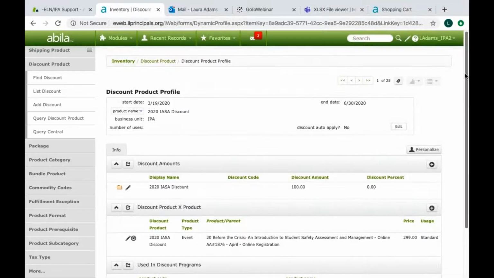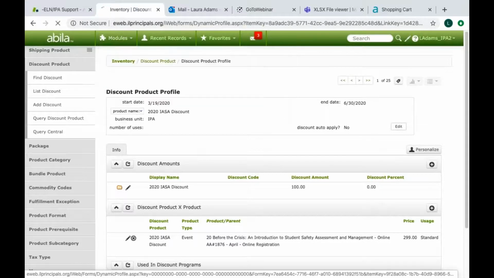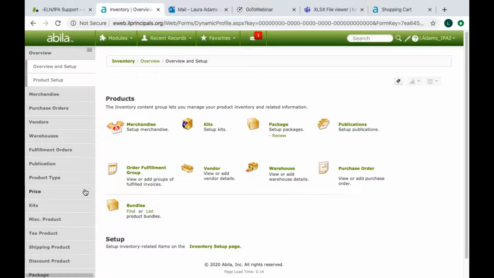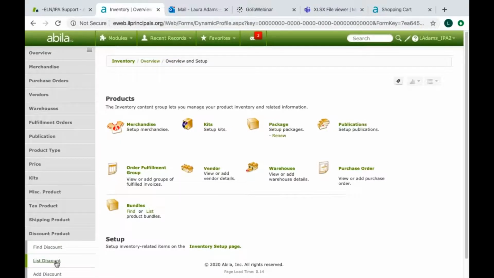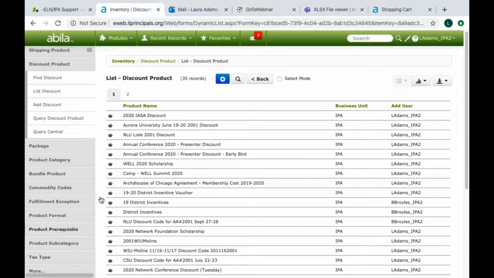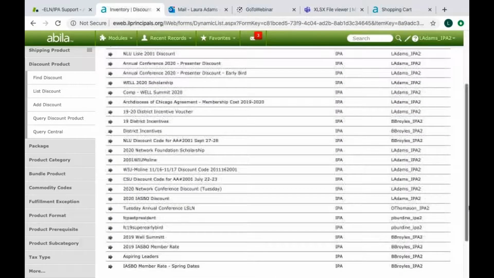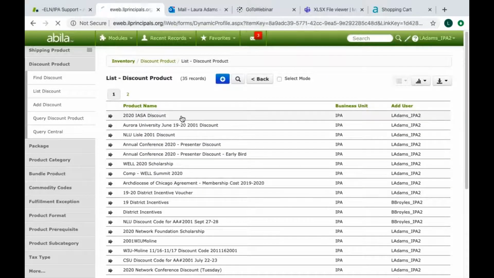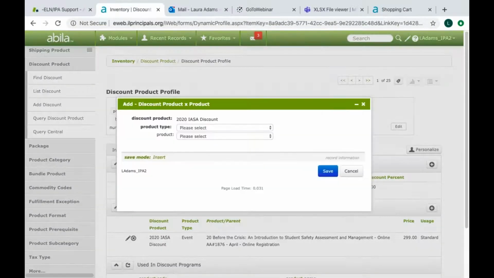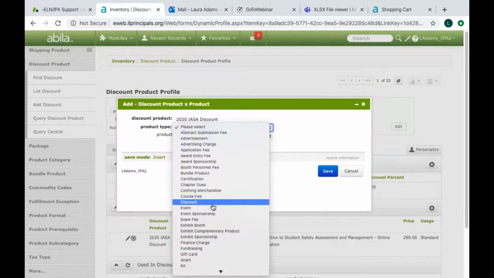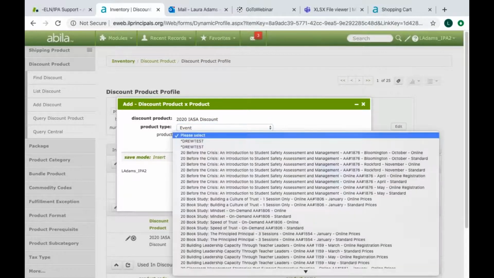Okay. And so we'll reiterate from the beginning. From the modules tab, you want to go to inventory, and then you'll go to discount product, and then list discount. Whether you're working on IASA, it's right up here. If you're working on IASBO, it's farther down just because it was created at the beginning of the year, right here. But for now, we're just going to do IASA. And for product type, it's always event. And then for product,